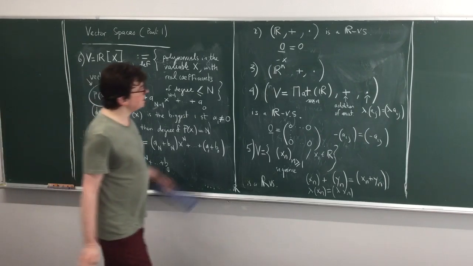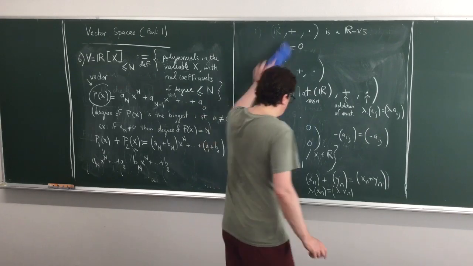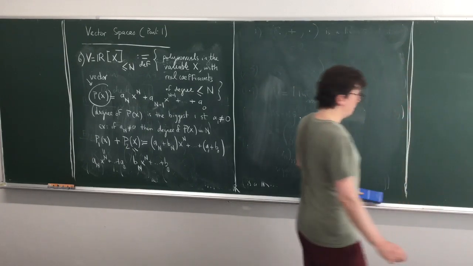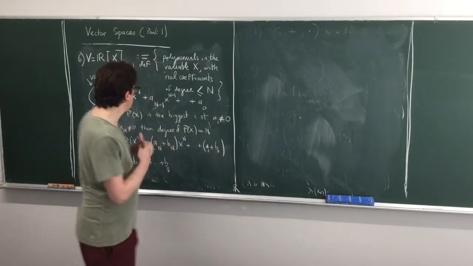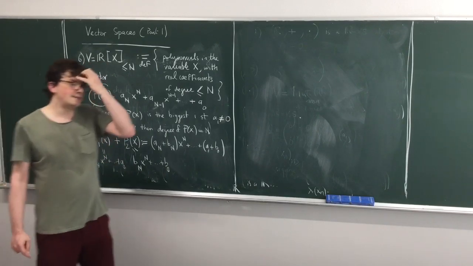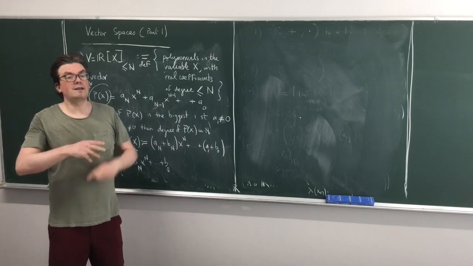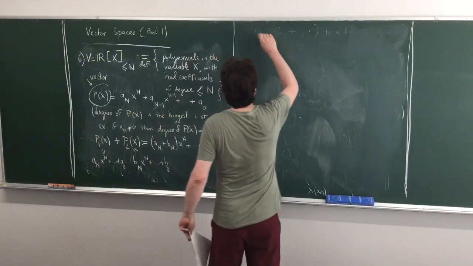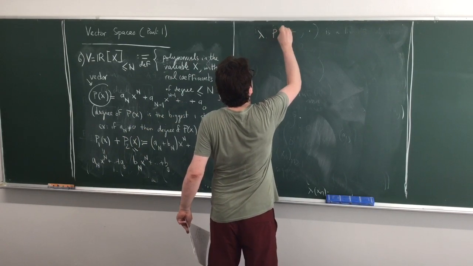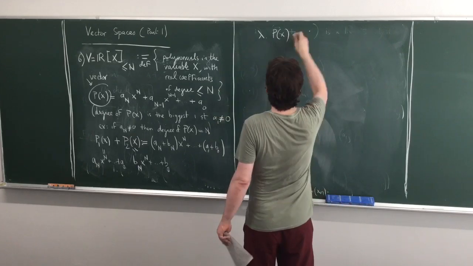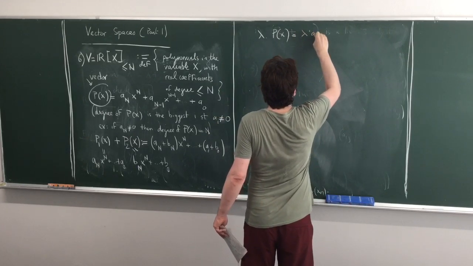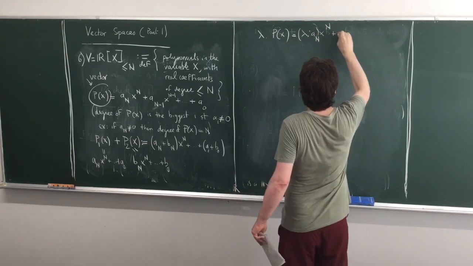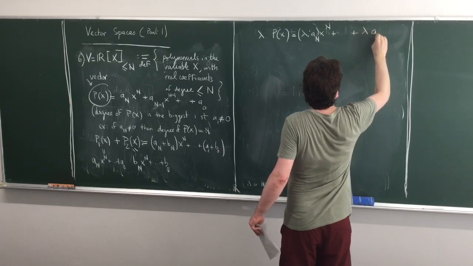What is the scalar multiplication? You see that each time you want to give an example of a vector space, you first start by defining the set, then you define the two operations, and then you need to prove that the conditions are satisfied. So it takes quite a long time. Now, what is the operation lambda times a vector? A vector here is a polynomial. So this will be lambda a_n x^n plus ... plus lambda a_0.